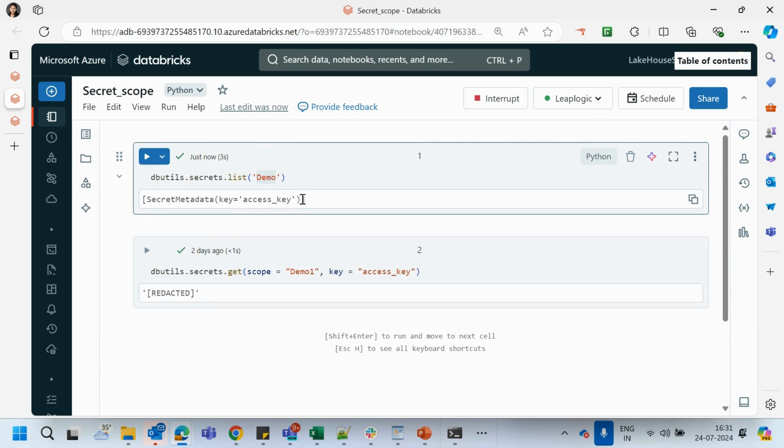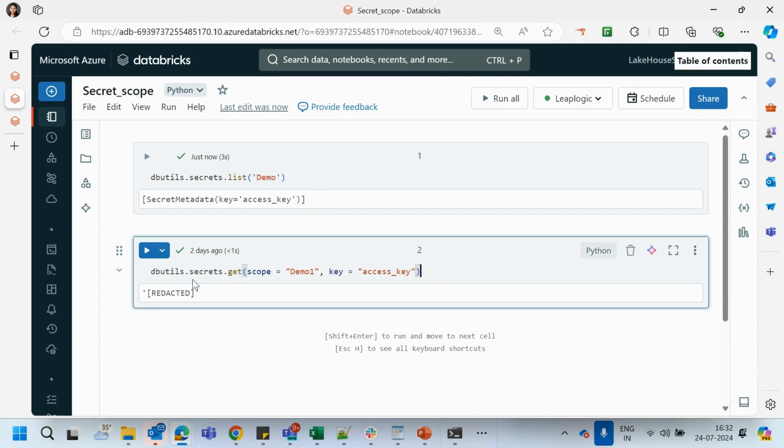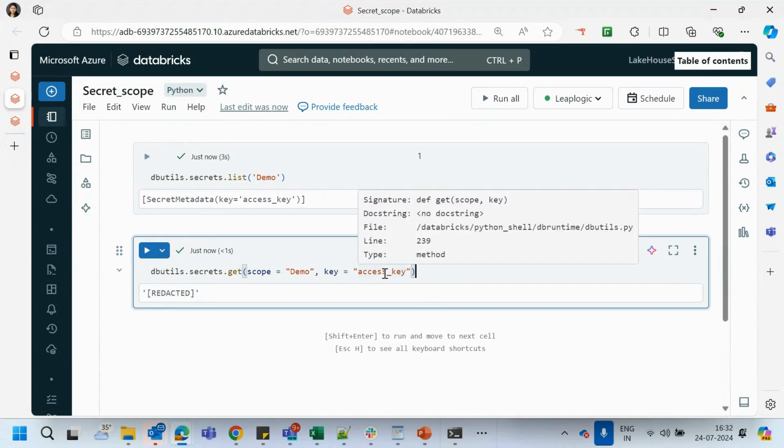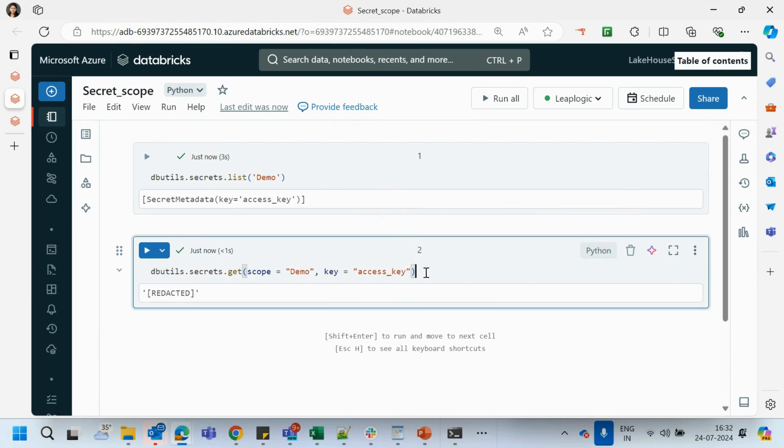The key name that we have is this access key. In order to get it, you have to use dbutils.secrets.get and then the scope. What is the scope name? Let me remove this demo one, and this is my scope and the key value. It's actually redacted because you will not be able to see it, but this is how you can fetch the data that is present inside this particular secret of access key.